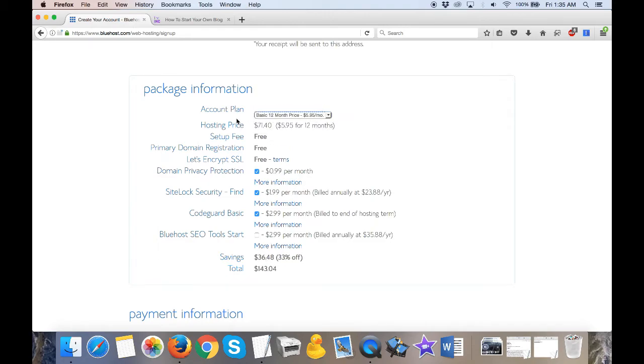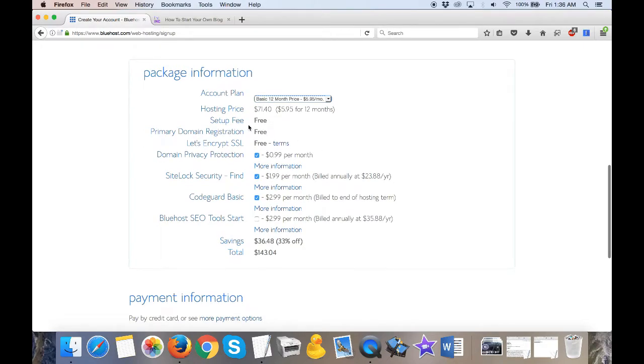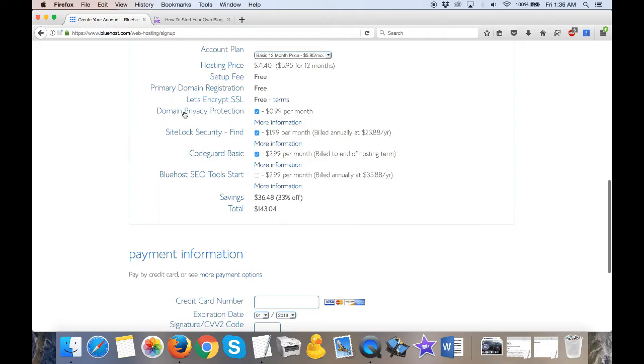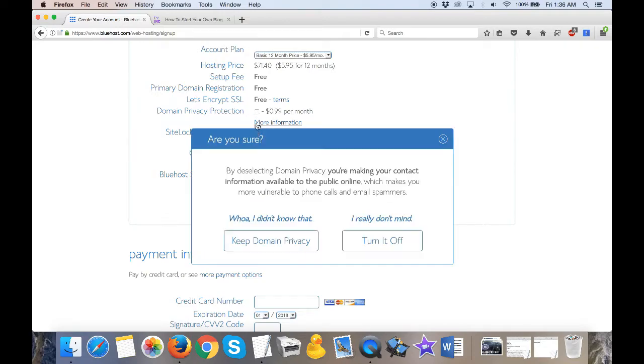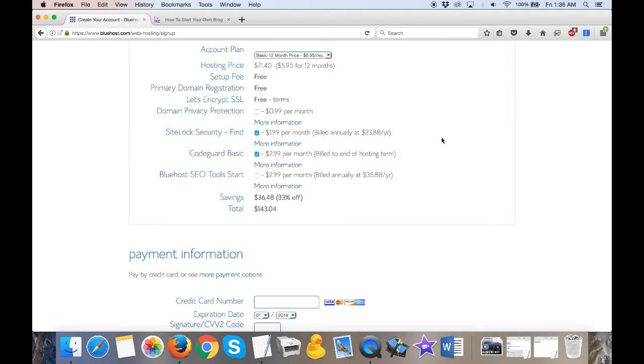your balance due today is about $71.40. Again, you break that down, you're paying roughly $6 a month. All right, setup fee, registration, blah blah blah. You don't need that. See, domain privacy protection, you don't necessarily need all of this stuff, so I would just uncheck them. If you want privacy for your domain name, now I should mention that a privacy protection is good